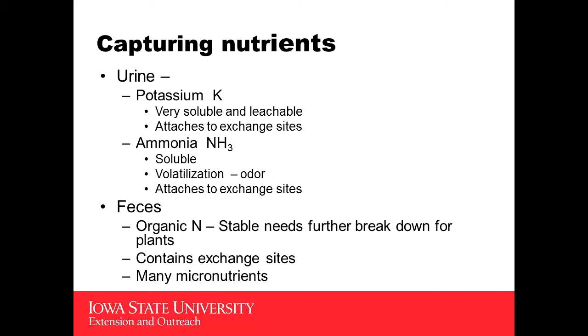As far as the nutrients that are out there, I guess I'm going to think about them in terms of where they're coming from, and we have the two different types. We've got the part that's coming out of the urine, which is going to be mostly all our